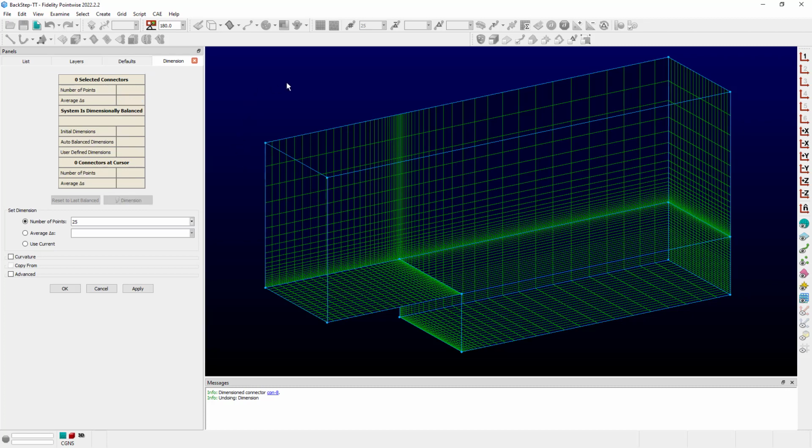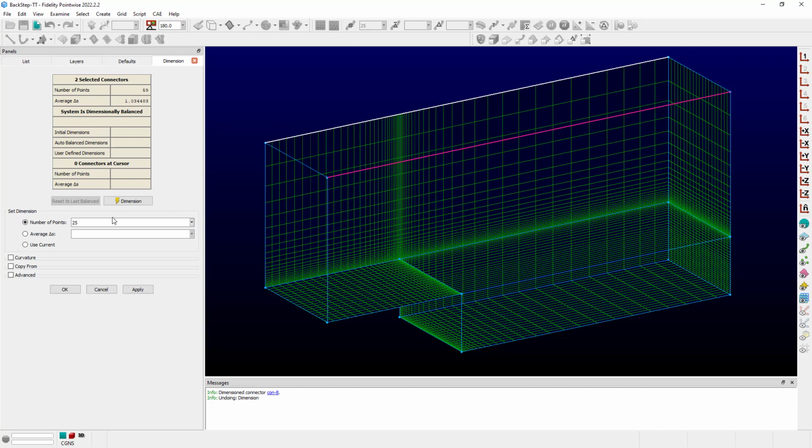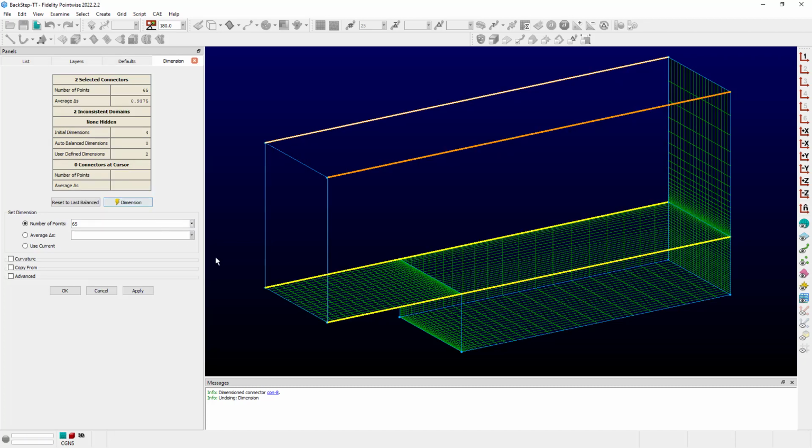The one final difference to show would be what happens when there are multiple connectors available opposing a single connector that you're trying to change the dimension of. So for instance, this set of connectors at the top of this topology currently have a dimension of 59. If I click to select one of these, and let's say we want to increase the dimension of these connectors to 65, I type that in, I hit enter, and then I click on dimension, and I can see now